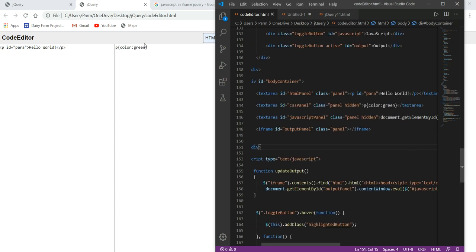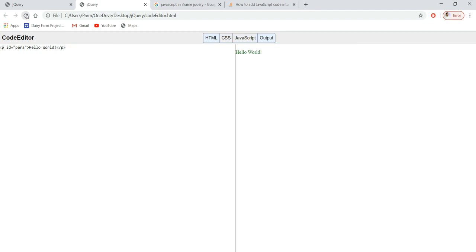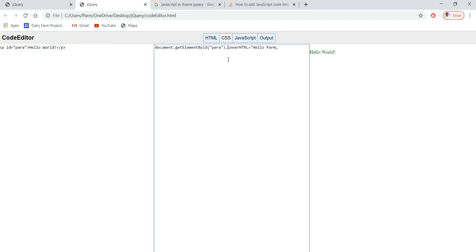So Control S here. Here we go, refresh. So click on JavaScript. We add something here. Hello. Nothing is going to be output over there, so we must have some mistakes in the spelling.